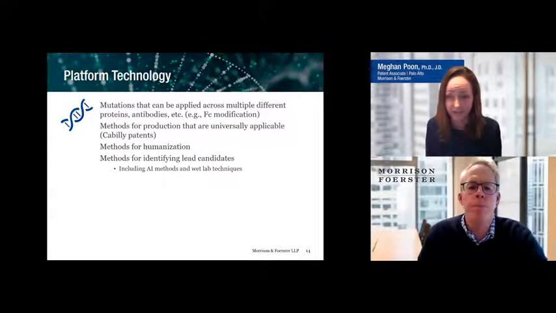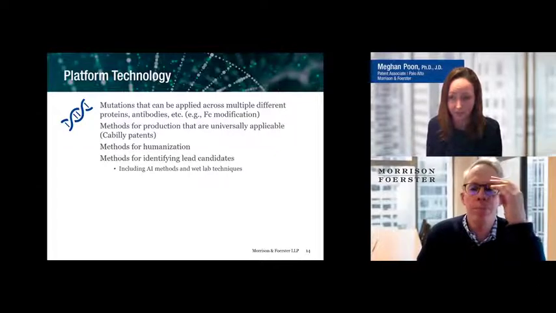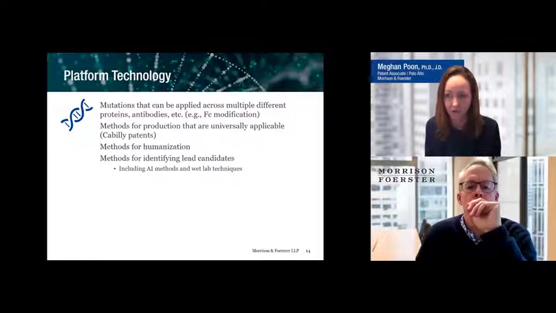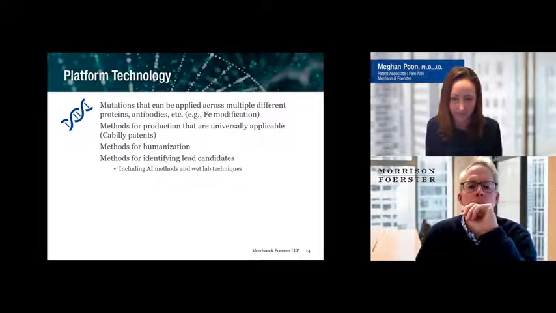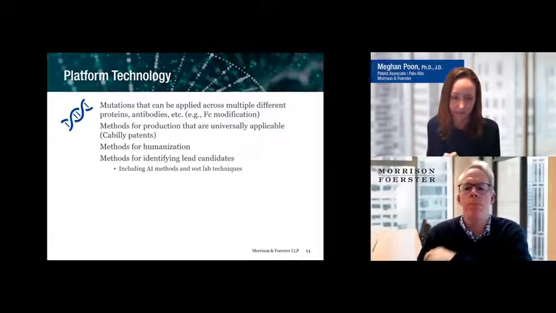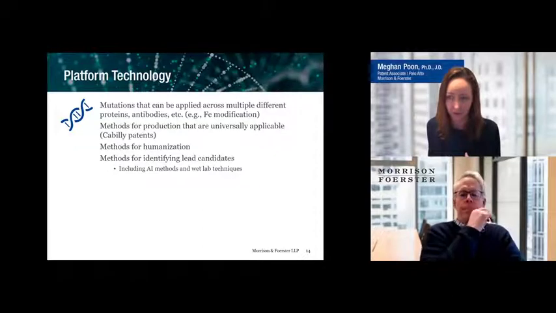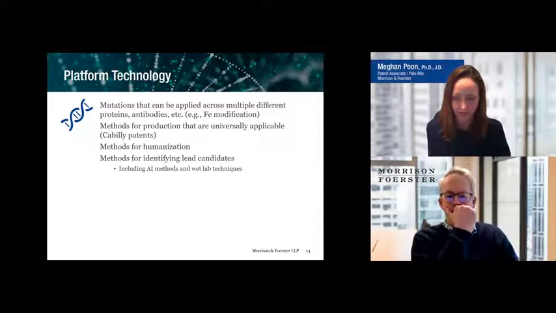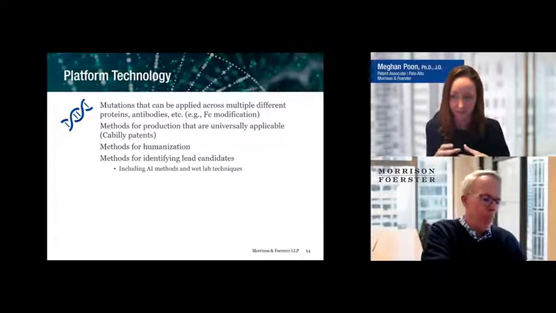Now, there are certain jurisdictions, including Europe, where you still are able to obtain epitope claims, an antibody that binds to epitope X. So whenever we draft patent applications, we include the information about the epitope, and we do draft those claims. When thinking about whether to pursue an epitope claim, you really need to think about how much support you have in the application in terms of experimental support.